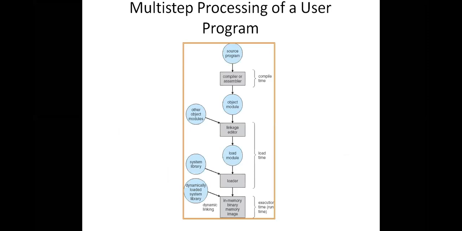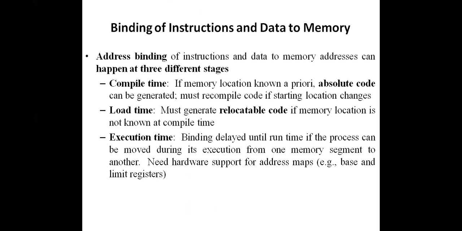So this is the source program. This is a very important topic. In 3 stages, there is a chance to bind an address to the information or data: compile time, load time, execution time. Whenever you compile the program, you might bind the address to the information if the memory location is known to you. If the memory location is not known to you, that means you don't know the starting address of that particular process, so automatically it will be postponed to load time.